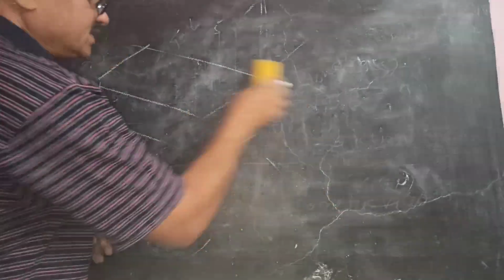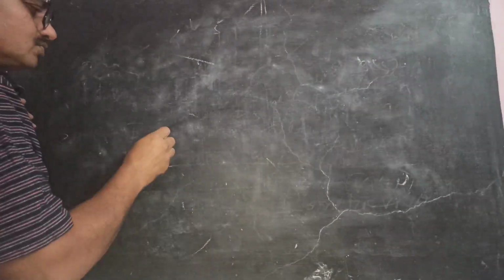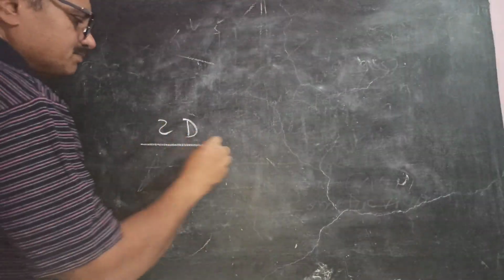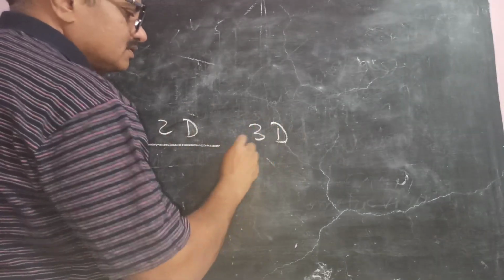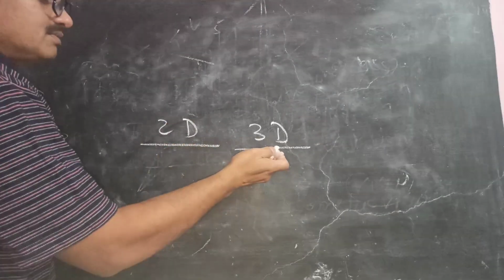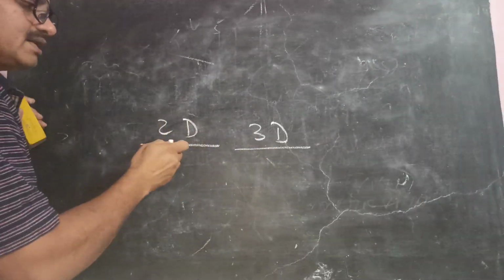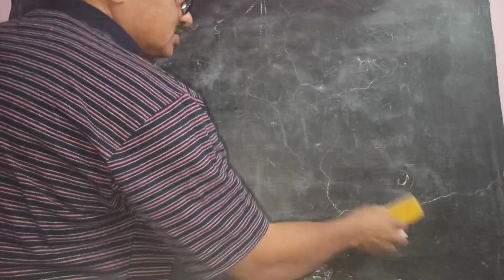Now it is exactly the reversal. Exactly the reverse of this. A 2D diagram will be given to you as a problem, and you have to convert this 2D into 3D. So conversion of 2D into 3D is isometric. Conversion of 3D into 2D is orthographic, that we have already seen. So what isometric is, that we are going to see.